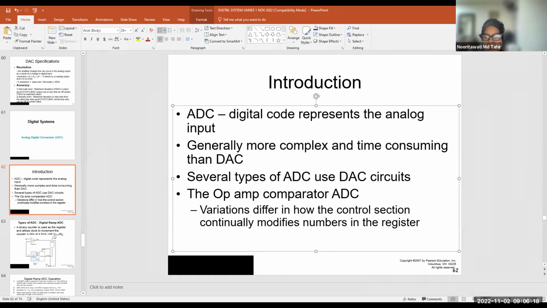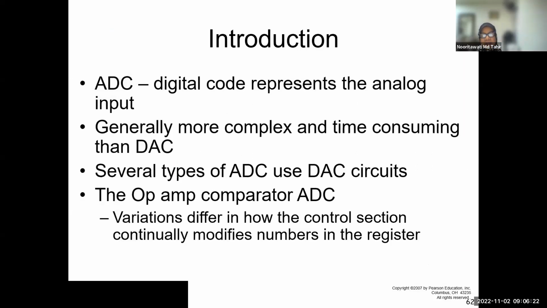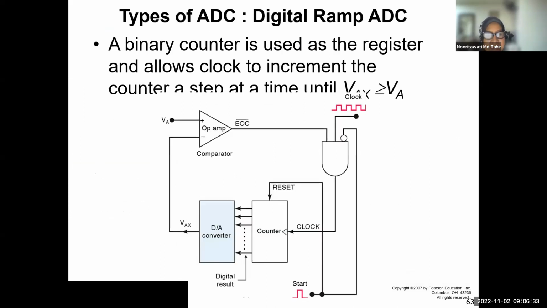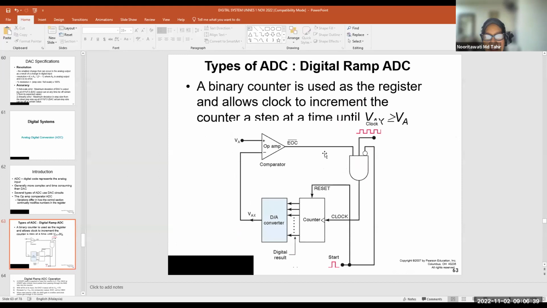Kita akan tengok hari ini ada SAC dan sebagainya, dan selalunya kita akan guna operational amplifier sebagai comparator untuk analog to digital conversion. Okay, this is the first one yang kita akan tengok, which is the digital RAM